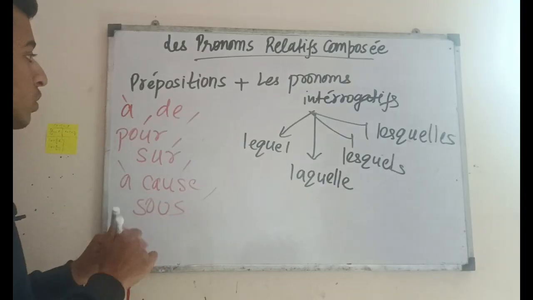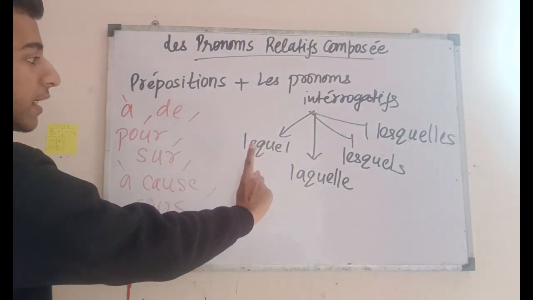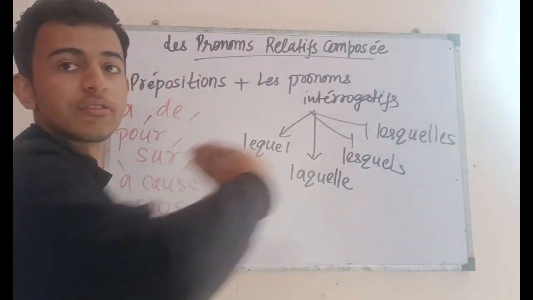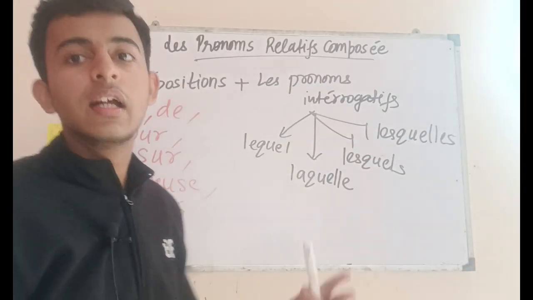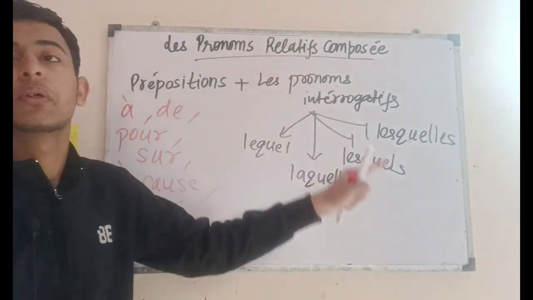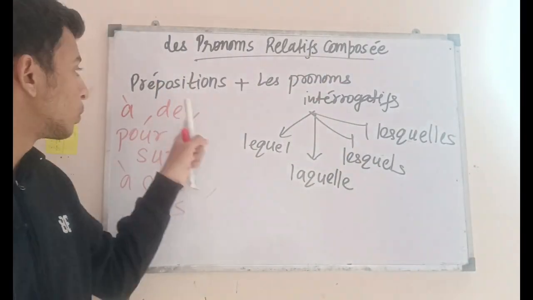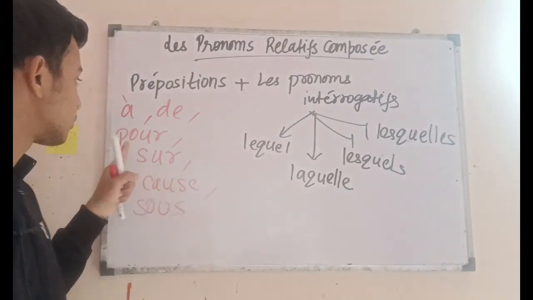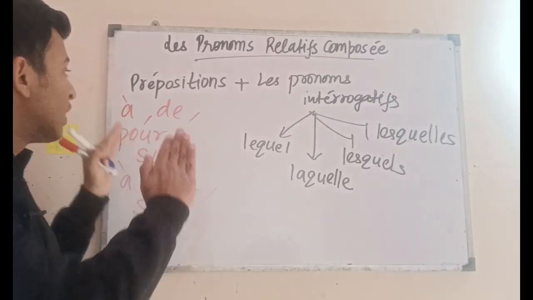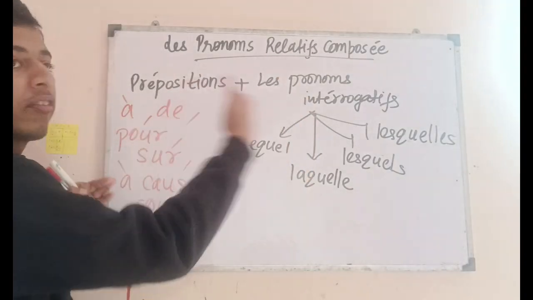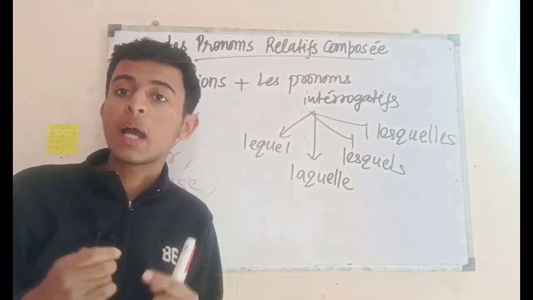All of these prepositions plus les pronoms interrogatifs, lequel, laquelle, lesquels, lesquelles, they form les pronoms relatifs composés. Now let me tell you the significance of les pronoms relatifs composés. Preposition à, which is to, de, of, from, about, pour, for. So when I want to say to which, from which, for which, the exam for which I'm working very hard